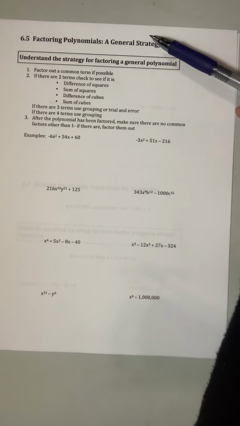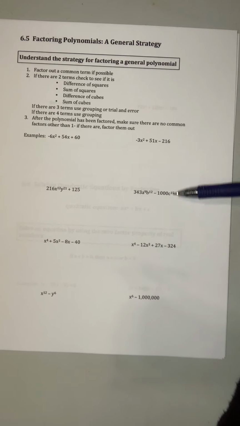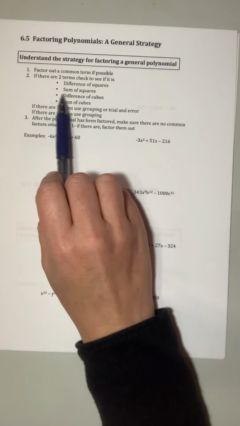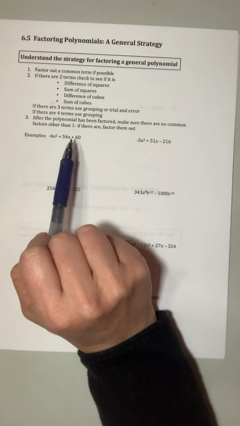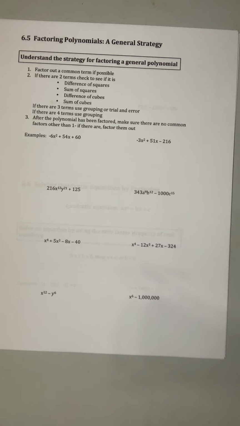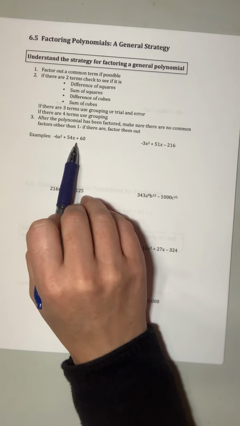Okay. So understand the strategy for factoring a general polynomial. So they want you to look and figure out how to factor it based on how it looks. Okay. Is it difference of squares, sum of squares, difference of cubes, sum of cubes? Can you do it by trial and error? If it's 4 terms, how can you group them by 2 and 2 and all that? So this first one,